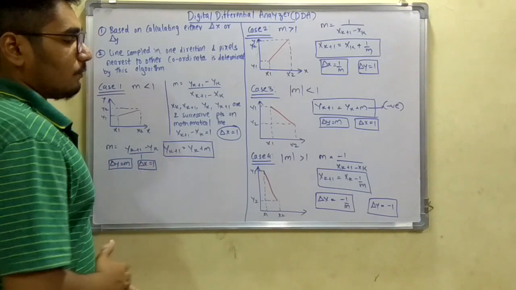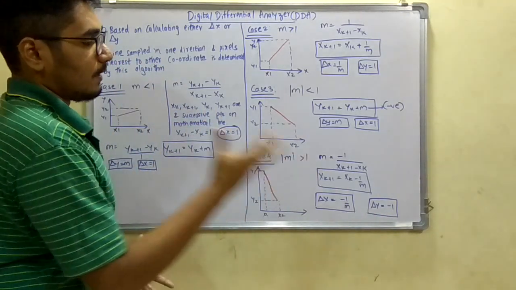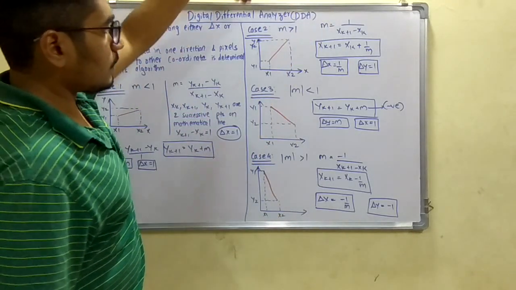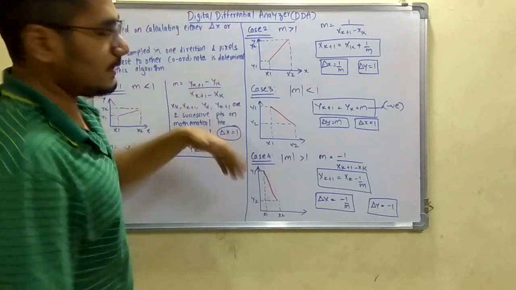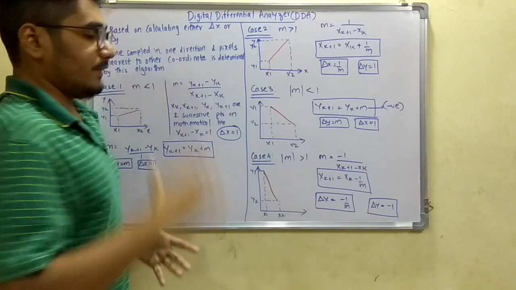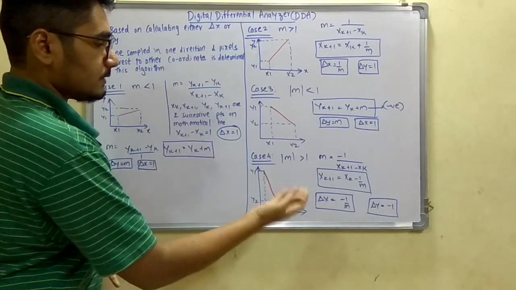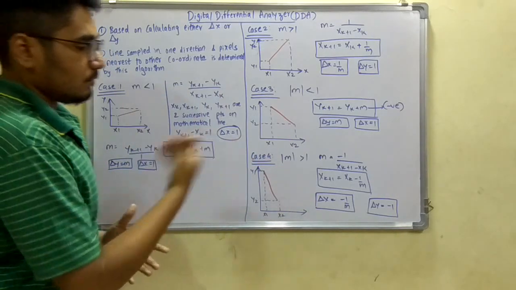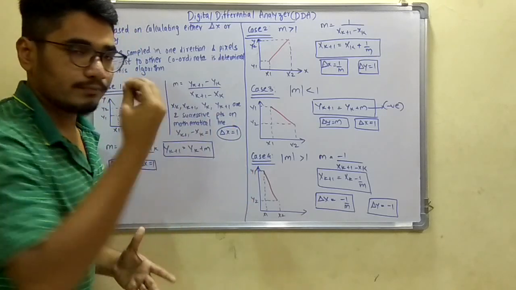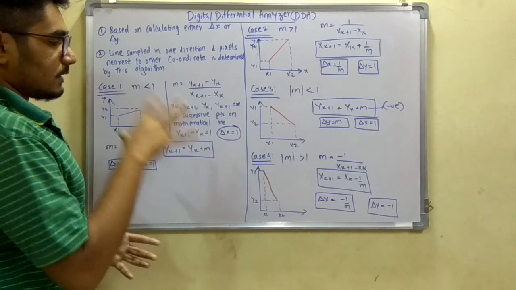So that is just a little difference between case 1 and case 3 when mod m is less than 1. Moving on to case 4, where mod m is greater than 1, we have m is equal to minus 1 upon x(k+1) minus x(k). You have to just compare this case 2 with case 4 and just put the negative sign over here. We get x(k+1), that is the next point to be determined, is equal to x(k) minus 1 upon m. And so we get delta x is equal to minus 1 upon m, the negative inverse slope, and delta y is equal to minus 1. So these are the 4 cases.